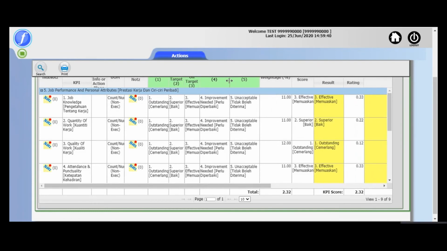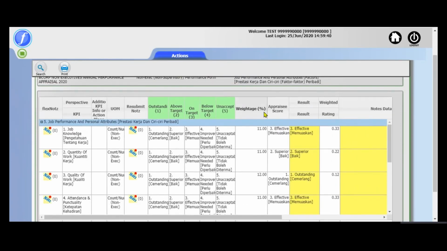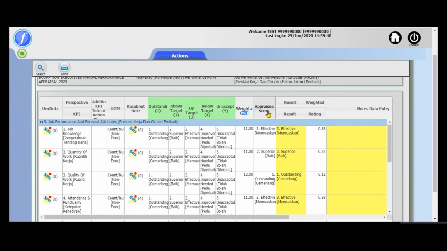Just one difference is that your approver, that means your boss, has an additional column, and this is an appraiser score column. So the appraisee score column is all the score given by the appraisee. Like just now, I chose this, right? It all appears here. So for the approval, they need to just look at the yellow box here, compare with